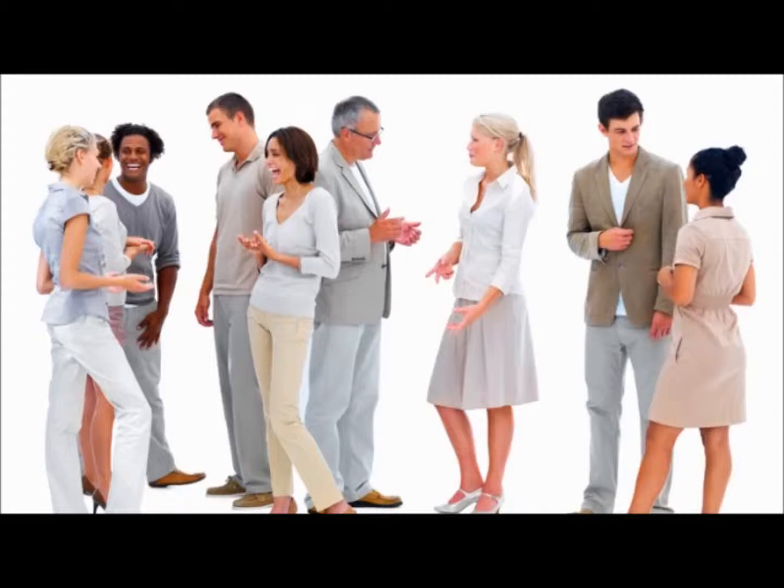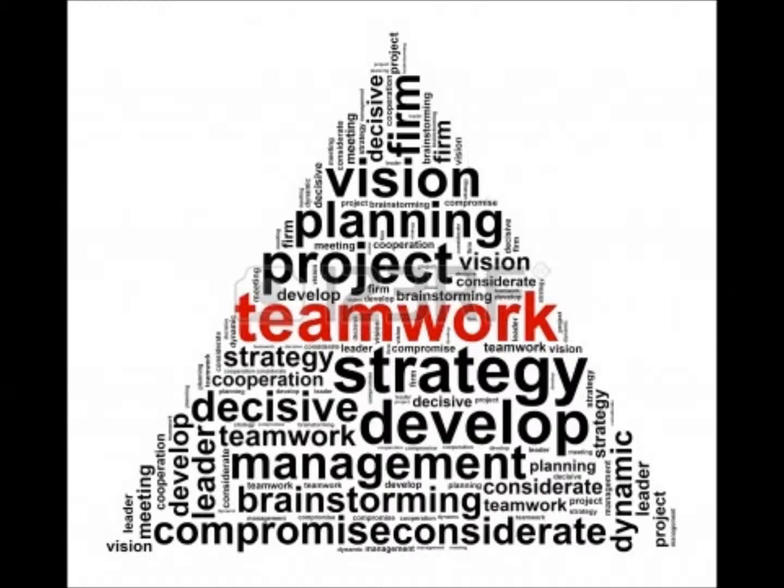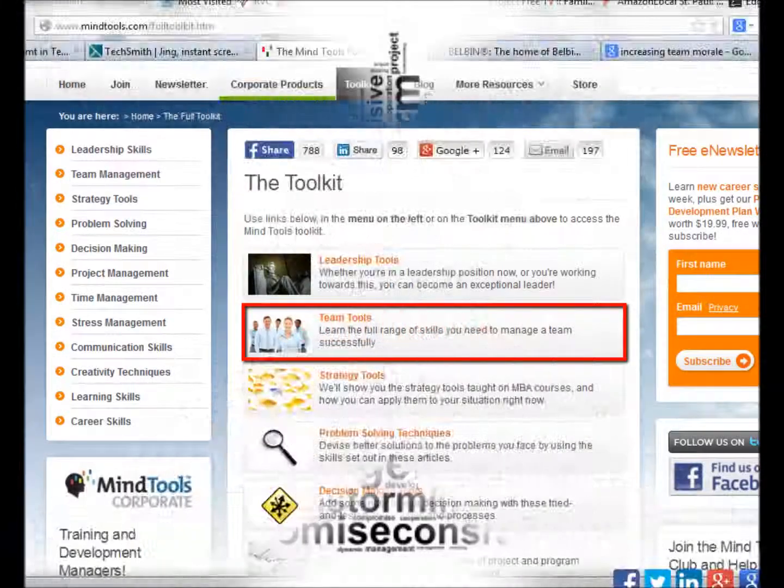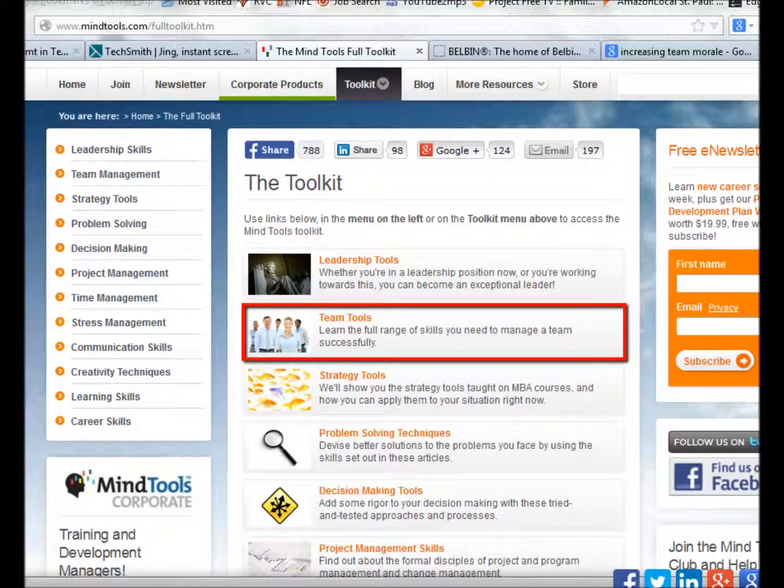In conclusion, we talked today about how team building is essential within project management, but it's not just something that happens in the beginning. Tools like the Belbin model can help project managers keep their team members working together effectively throughout the course of the project. For more team member building tools, you can look at